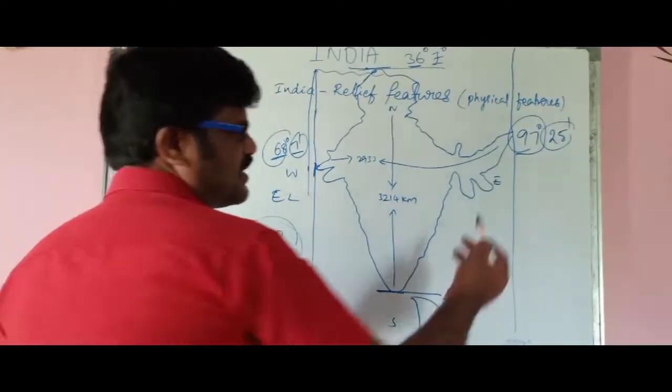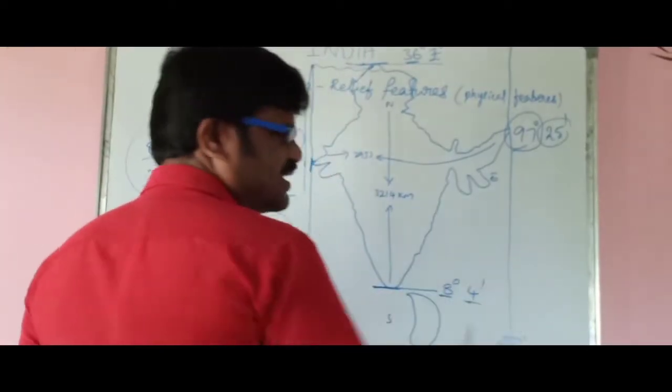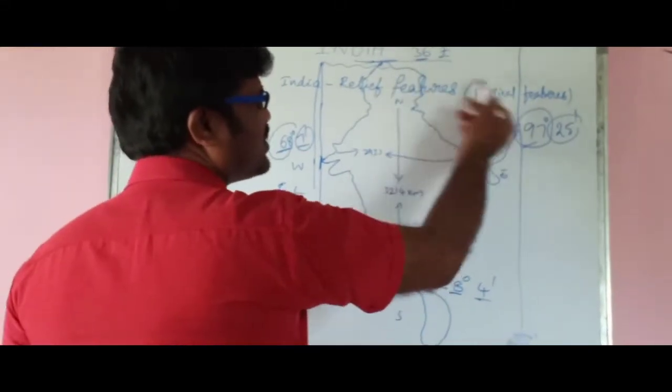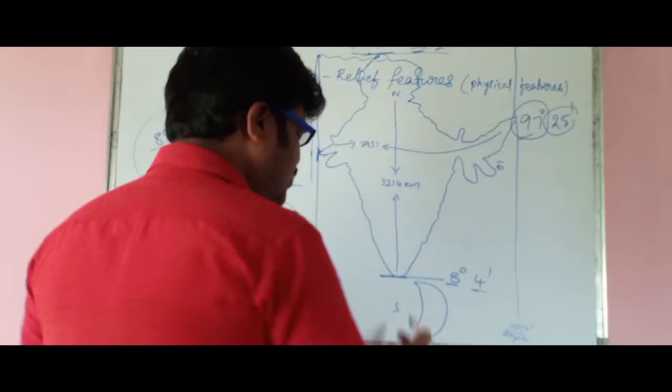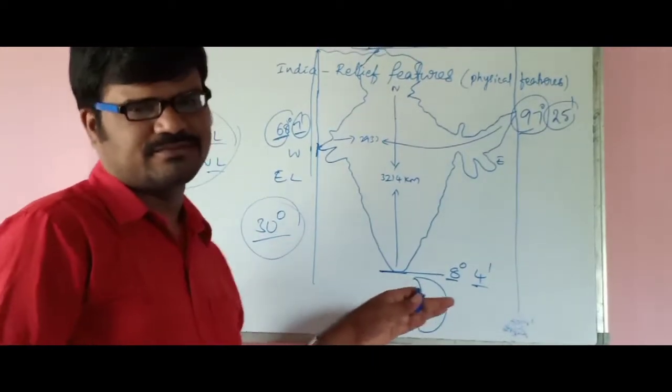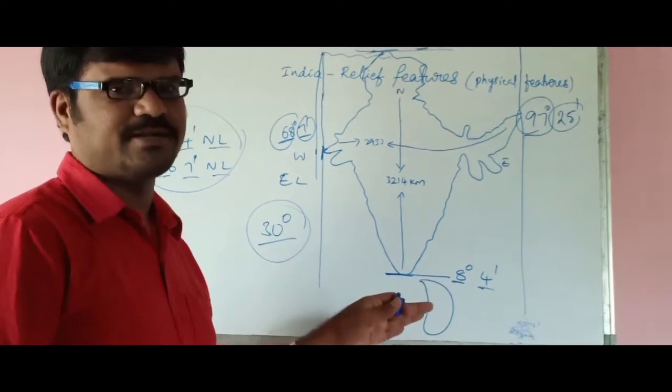You all know that. The east part of India, which we see, is the Bay of Bengal; the west part of India is the Arabian Sea; the north part of India is the Himalayan mountains; and the south part of India is the Southern Ocean or Indian Ocean. These are nothing but the directions of India.